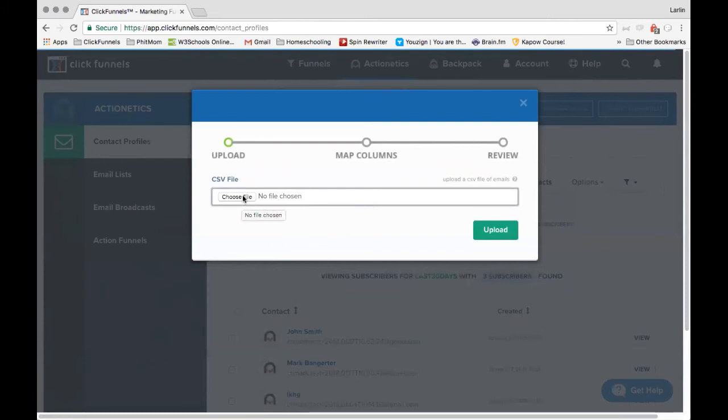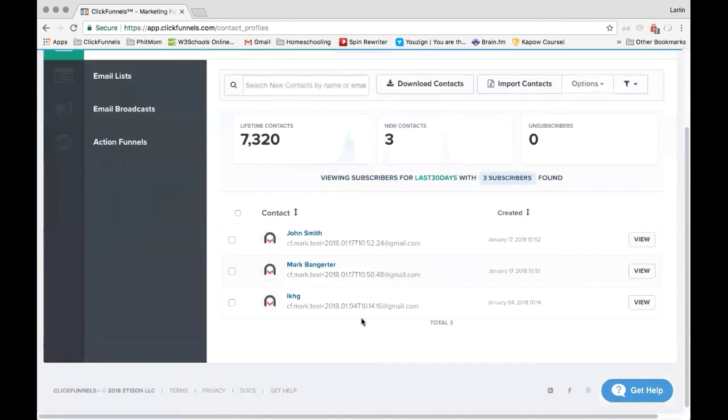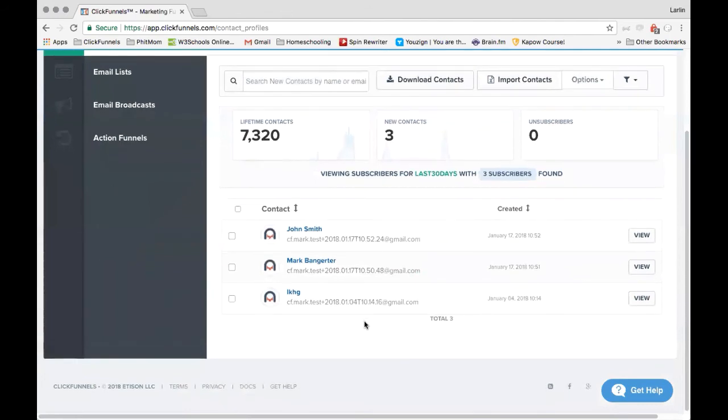Once you've chosen your CSV, it's going to take you to the next screen where you're simply going to map the fields. Then you click the upload button, and it will upload the contacts from that particular file. If something doesn't work the way that you would expect it to, clicking on the little Get Help icon right down here will take you to our support